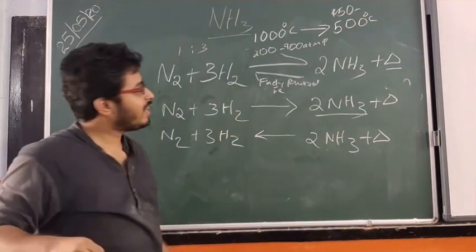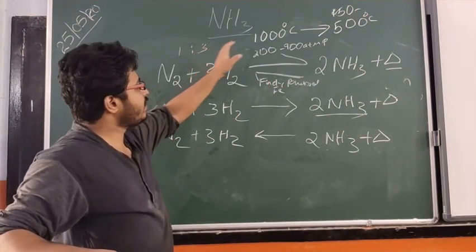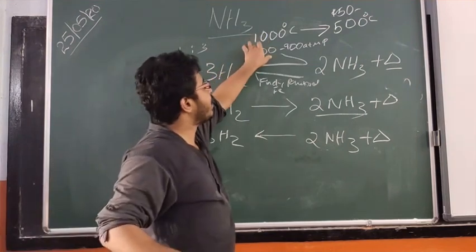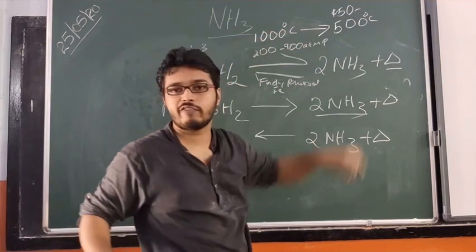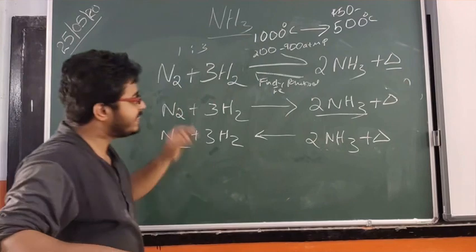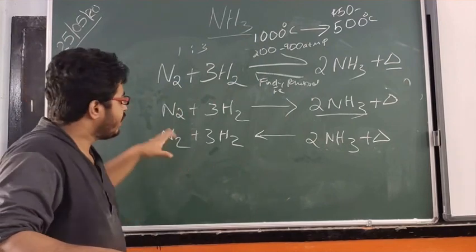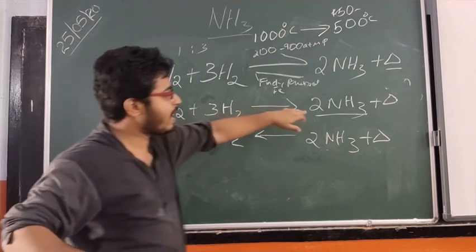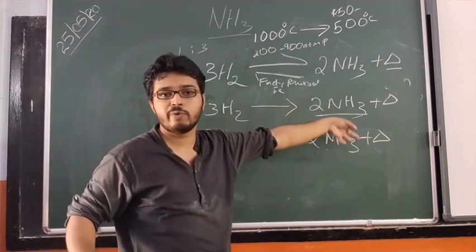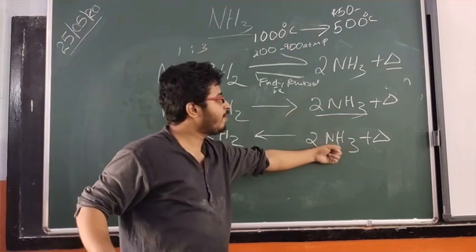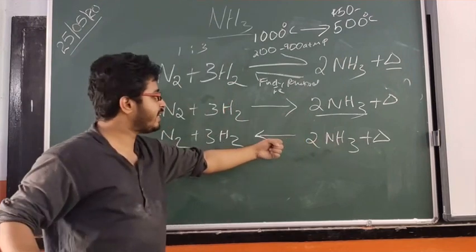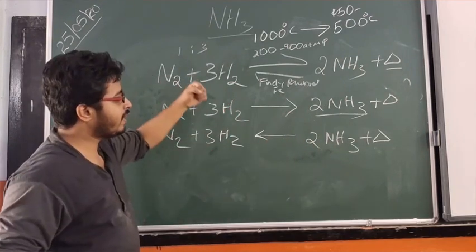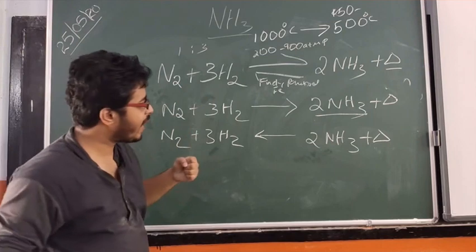My question is how to convert from 1000 degrees Celsius back to 450 to 500 degrees Celsius. This is what is going to happen: if you are doing the forward reaction, or synthesizing ammonia, it will liberate more heat. But if ammonia absorbs that heat, it will decompose. In other words, this is what is going to happen.